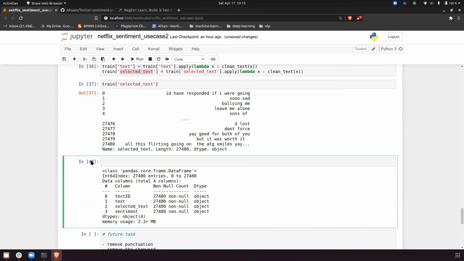Then everything is clean now. So we have the data. I will just draw the timeline. We have the data, we have cleaned the data. Then, after cleaning the data is done, what is the next step? So basically, you have to convert it into vector form, right?